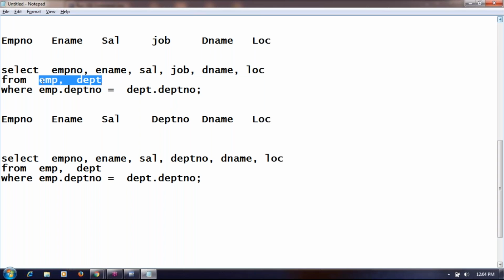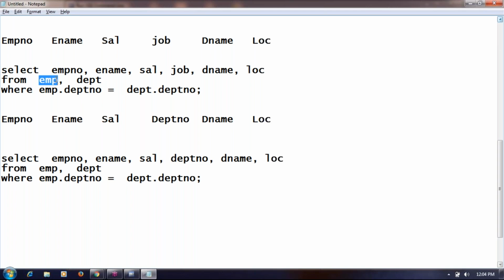And then, as it is from 2 tables, employee number will be searched in the employee table. Yes, it is available. Even though it is available, employee number is searched in the department table also. It is not available there. So from which table will it display the data?